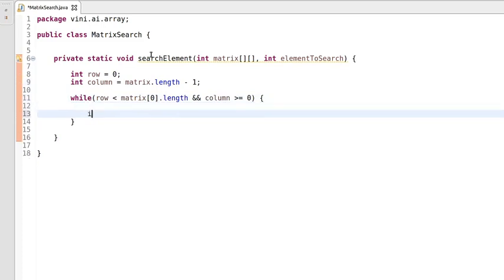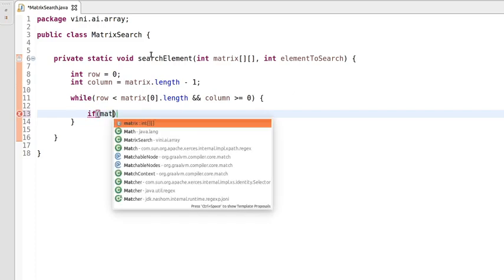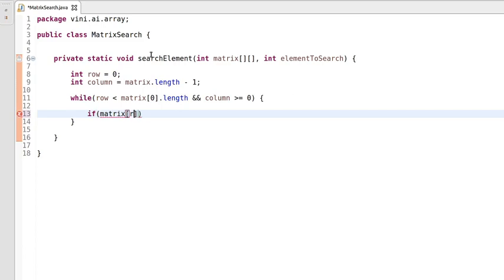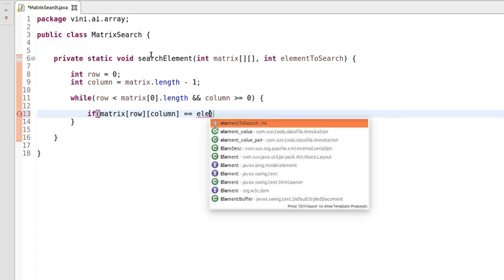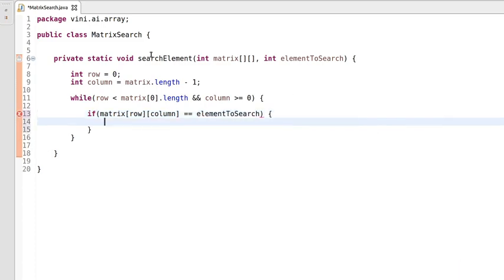Again we will be using conditions inside this loop. We will not be using an index value, we will calculate using the existing value. So we are saying if matrix of row and column is equal to the element to search, then print the indices.